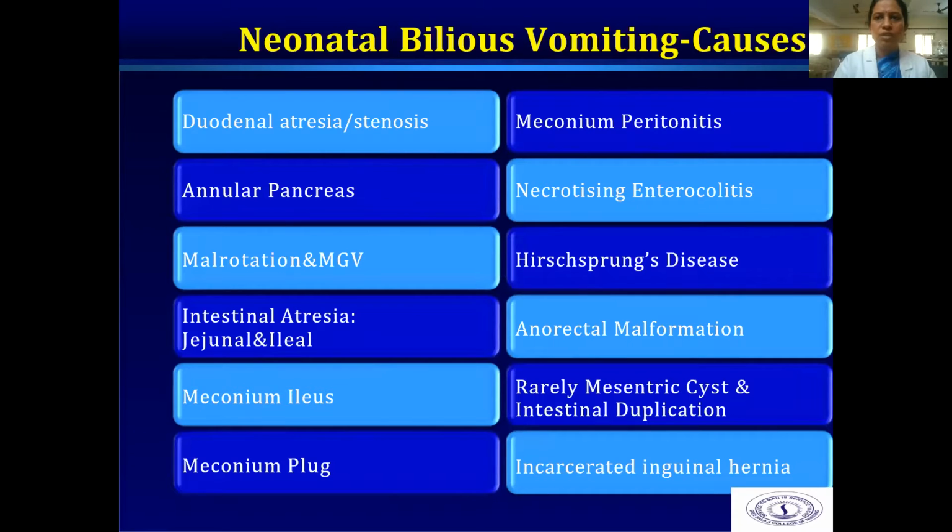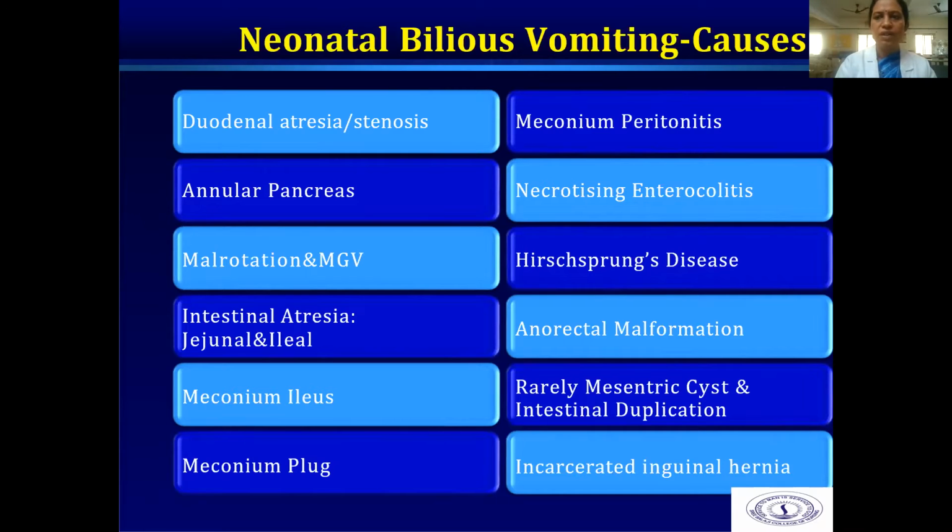Neonatal bilious vomiting causes: duodenal atresia or stenosis. So atresia is a blind ending, a narrowing which does not allow the content to pass through. Stenosis is the reduction in the diameter of the passage. And annular pancreas, malrotation and midgut volvulus, intestinal atresia, jejunal and ileal atresia, meconium ileus, meconium plug, meconium peritonitis, necrotizing enterocolitis,